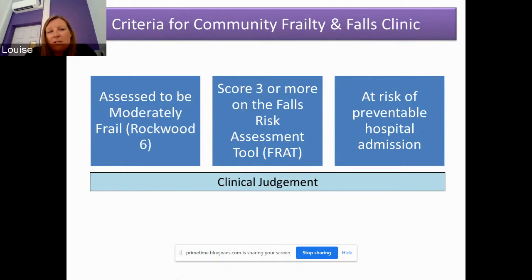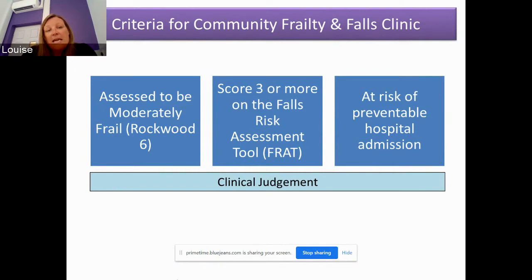The service, unfortunately, isn't one that's set up to respond to people who are in that kind of crisis situation and needing urgent support. I will use this opportunity very quickly to remind everybody that other services are available for those people who are needing urgent support, through either the CLCH Rapid Response Service or through the acute trusts and frailty units there.